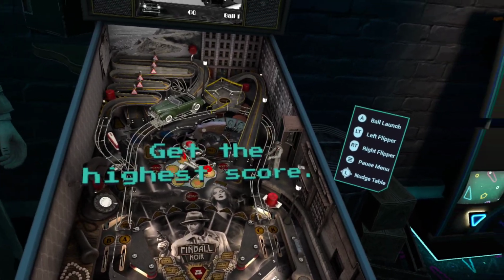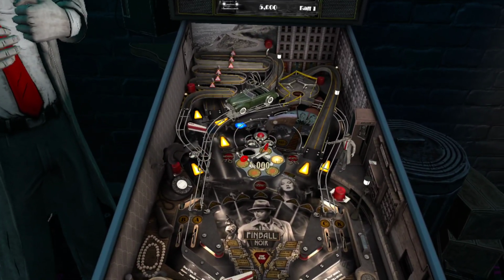Now they want me to launch it. Only one bullet. The chances are slim, but...